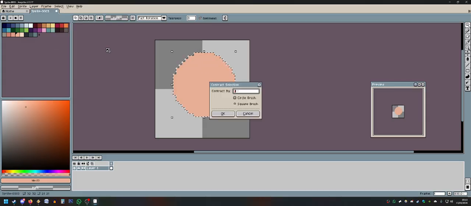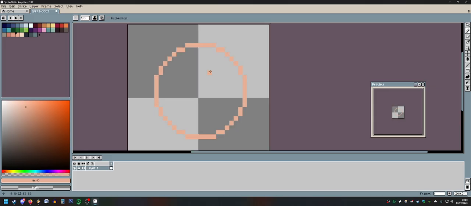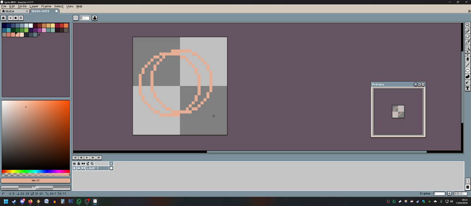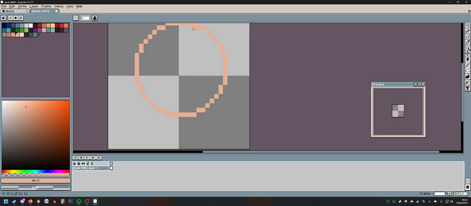Select, modify, contract, 1 pixel circle brush, there. That's the easiest way to get an outline, I think. Better than the circle tool, because it's not the same. Oh, it is. Well, never mind. But I guess I'm used to doing it like this anyway. And then I'm gonna draw a line about here